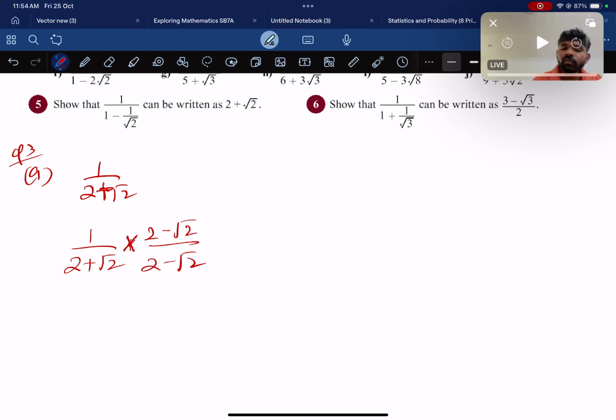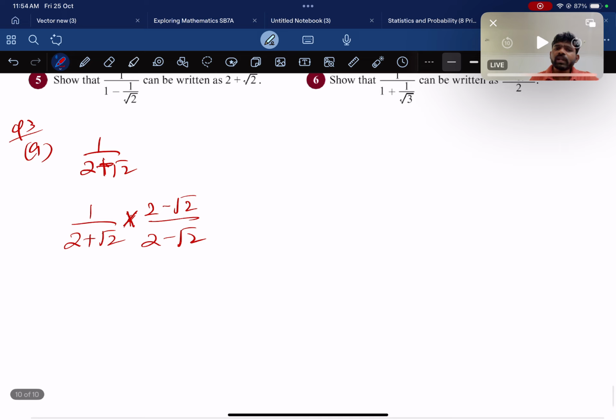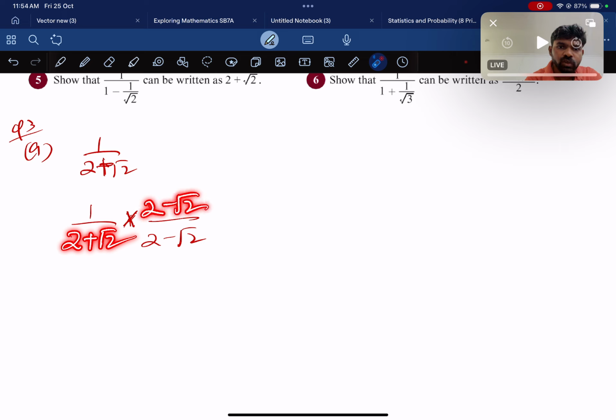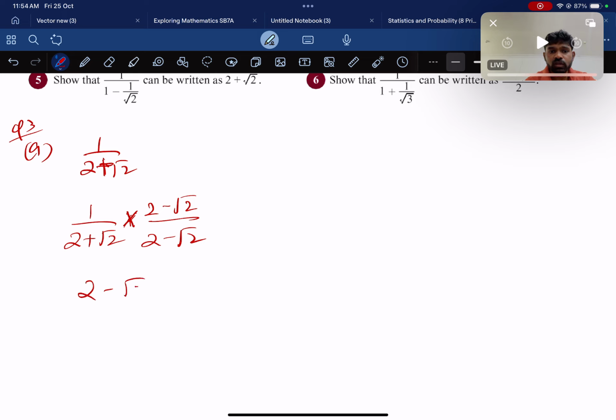I just multiplied the numerator and the denominator by the same number but with a different sign. So we got the numerator as 2 minus root 2. You can see that 2 plus root 2 is here, so I wrote 2 minus root 2 here too, right? Just the sign is different, the others are as they are. So we got our answer as 1 times 2 minus root 2, which is 2 minus root 2, divided by,